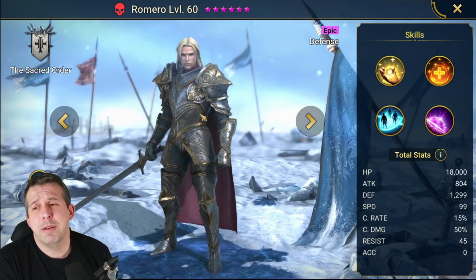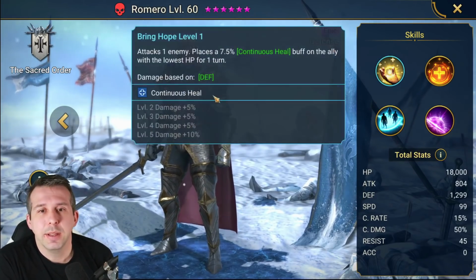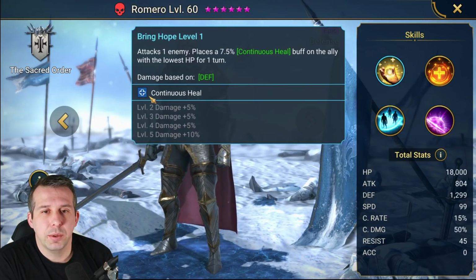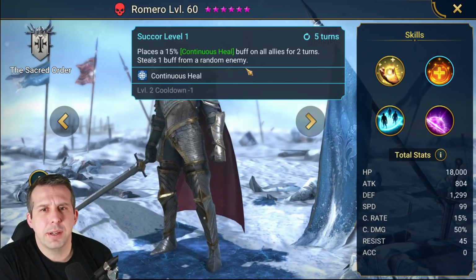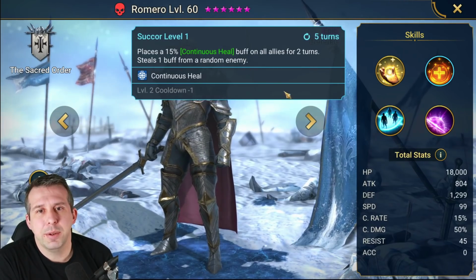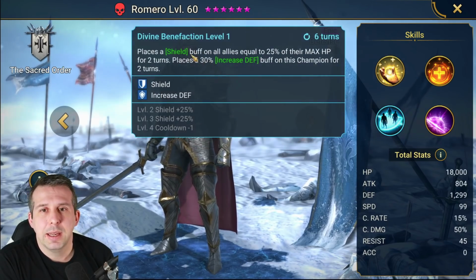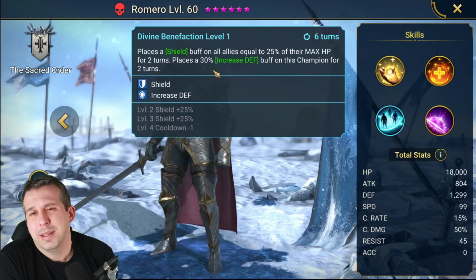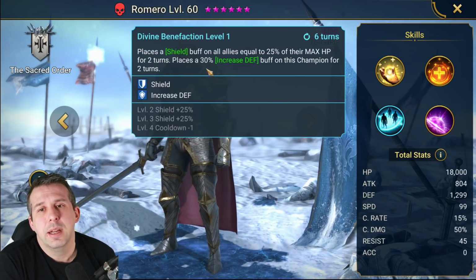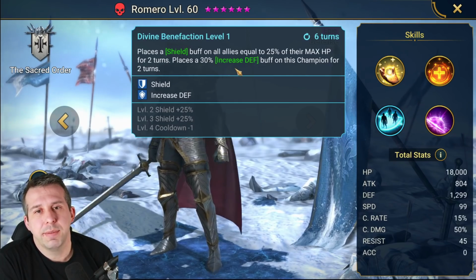Some people tell me Romero hits hard, Romero this, Romero that. No, he doesn't. And he's got weak source, as if he's a rare continuous heal. He's got another continuous heal here. Doesn't even do any damage to people. Only attacks one enemy here. He's got shield buff on all allies to 25% of HP. This ability is okay until you read that he's got a rare ability worthy increased defense buff